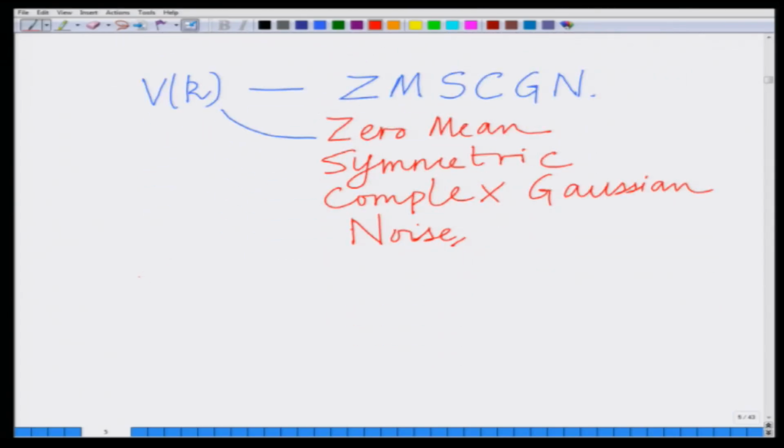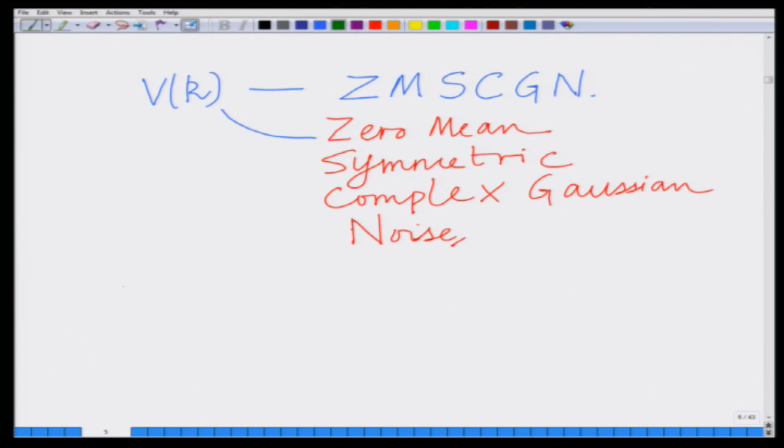What is the meaning of symmetric? It's symmetric because the real part and the imaginary part are basically symmetric, that is they are identical, they are both zero mean and variance sigma square divided by 2. Zero mean, that is both the components, the real component and imaginary component have zero mean. Complex, that is its noise Vk is complex in nature. Gaussian, both the components, the real part and imaginary part are Gaussian, and this is noise. Therefore, this is zero mean symmetric complex Gaussian noise, which, to summarize,